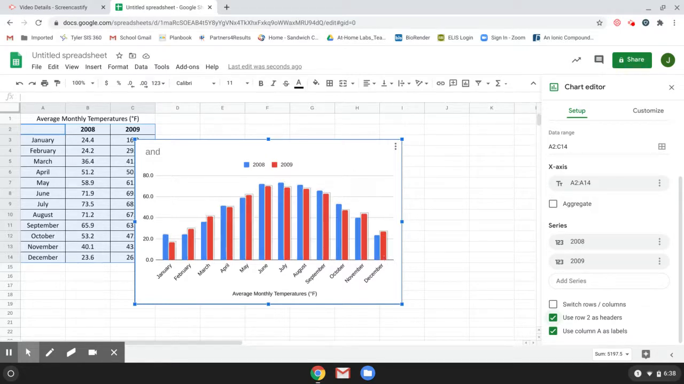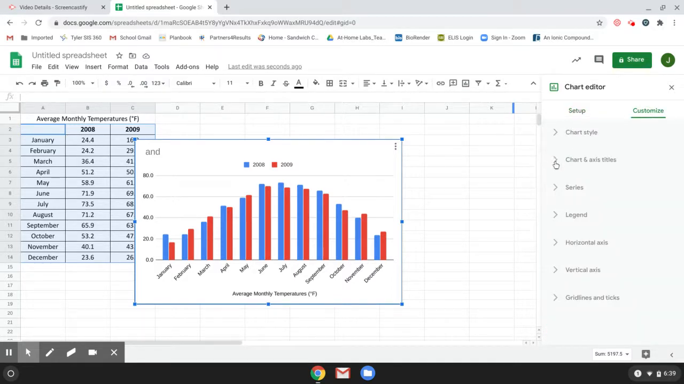All right, once you get that taken care of, then we need to add titles and horizontal and vertical axis labels. One of the nice things about highlighting the whole data table is you can see we've already got the months put in, so we don't have to do that. That's already done for us. All right, so now in the chart editor we go over to Customize. We're going to go to Chart and Axis Titles, hit the little arrow,